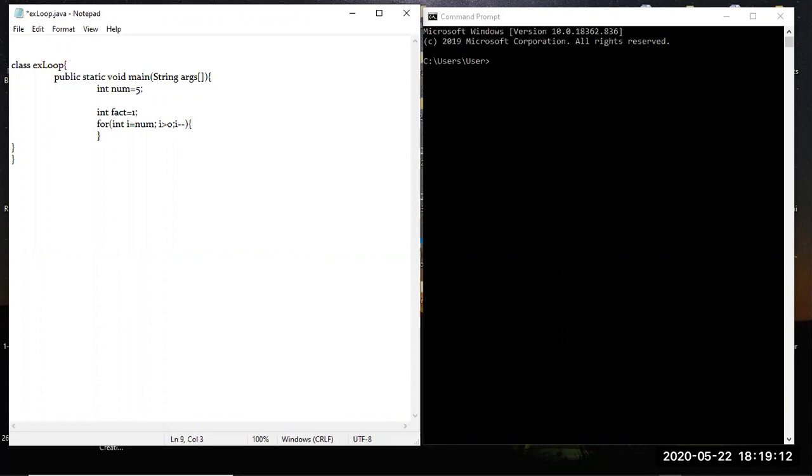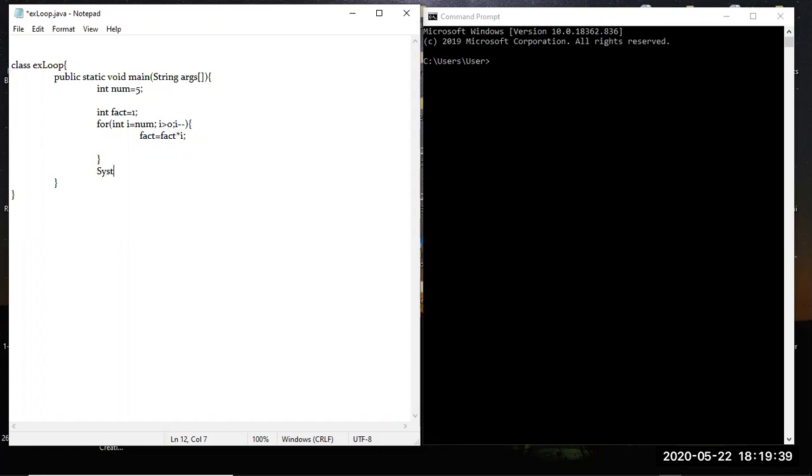That's how the loop is written. And then I will assign fact as the multiplication of the current fact value and the I value. And then at the end of the loop,